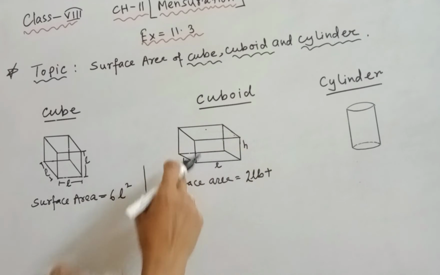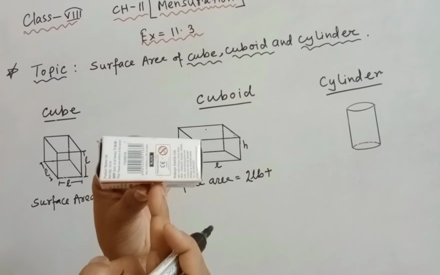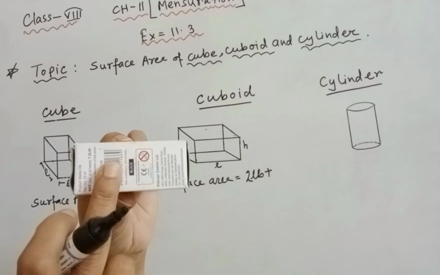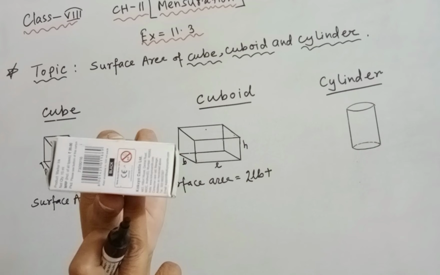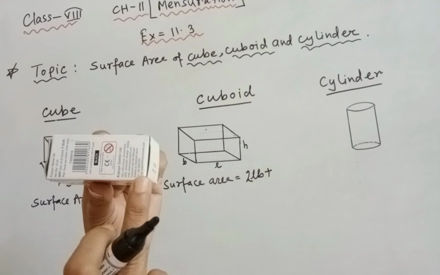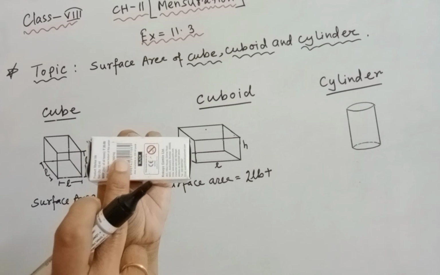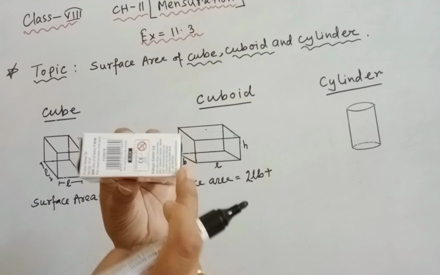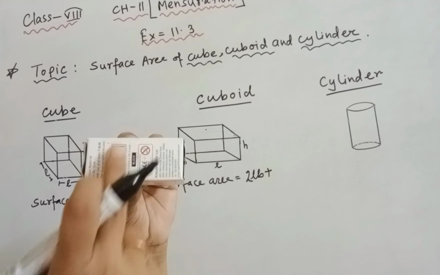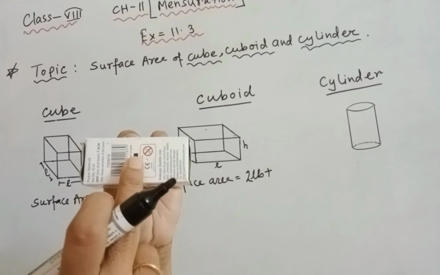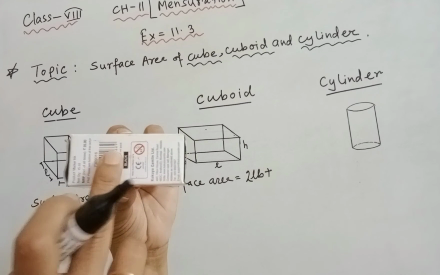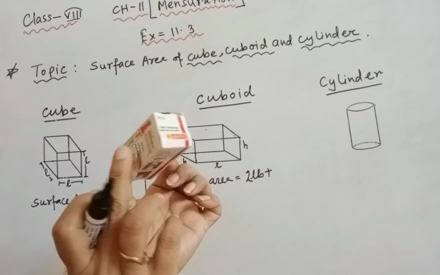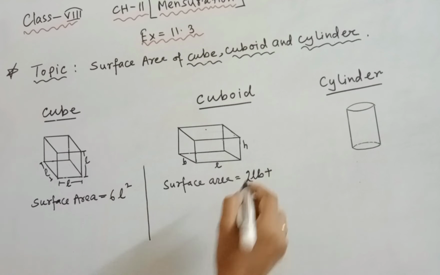plus. Now the area of the other portions, the front and back. For the front portion, this is L and this is H, and it is a rectangle, so L into H will be the area of this portion, LH. The back portion is also LH, because it is also L and H. So 2LH